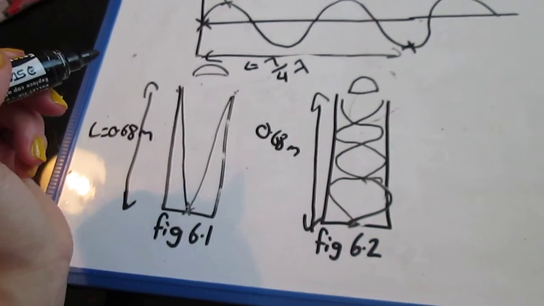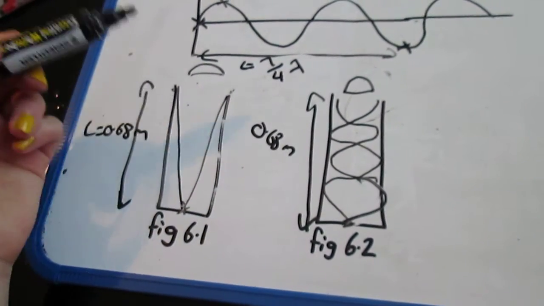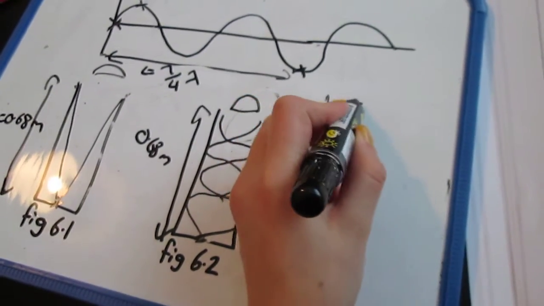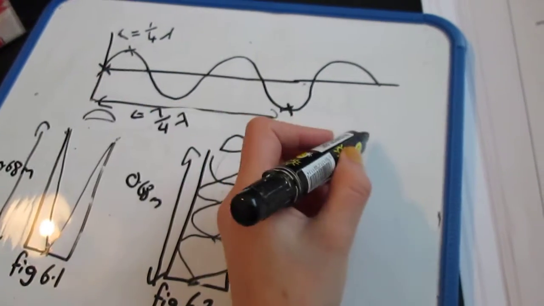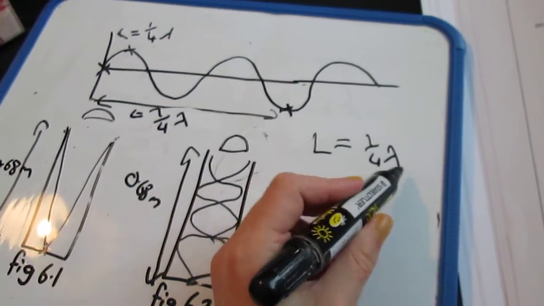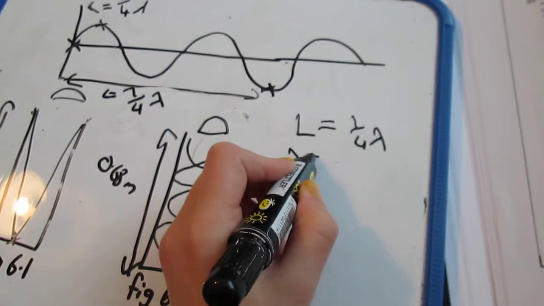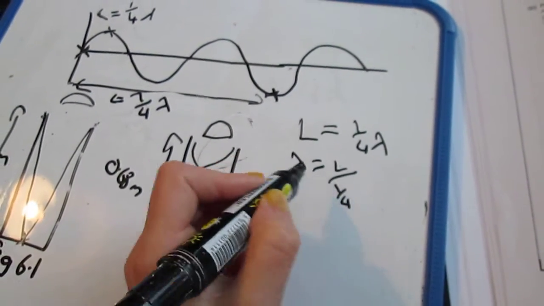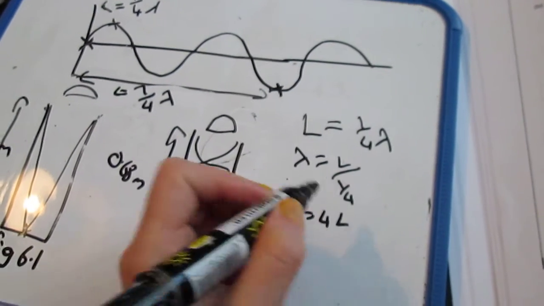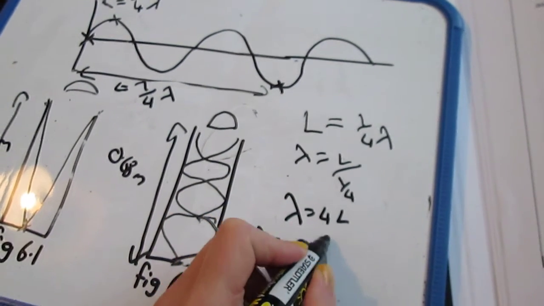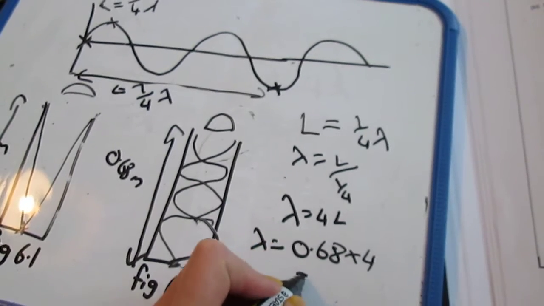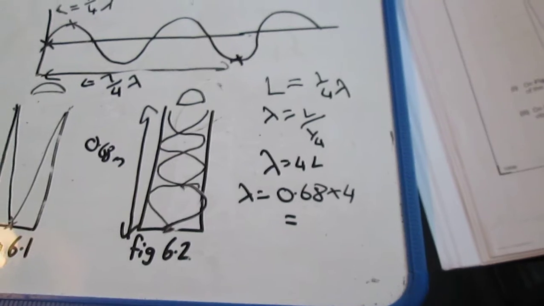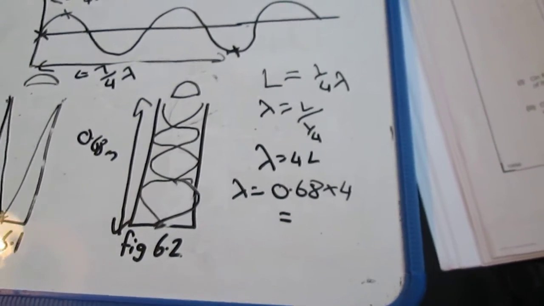And we want to find the frequencies that cause a quarter of a wave and 1 3/4 waves. So I'm going to write down L is equal to, for my first mode of vibration, a quarter of a wave. Again, I'm going to rearrange this in terms of wavelength. Wavelength equals L over a quarter, a fraction divided by a fraction, so I'm going to flip that upside down and multiply it. 4L, so wavelength equals 0.68 multiplied by 4. So that's going to give me my wavelength to be 2.72